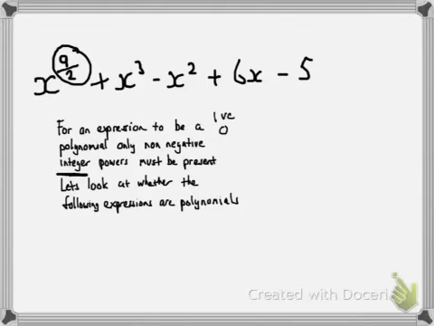Now we can have 5 because 5's there by itself, but remember that negative 5 could be negative 5x to the power of 0. So that's where our non-negative comes in, because 0 is a non-negative number. So the negative 5 was no problem. That didn't stop it from being a polynomial. What stopped it from being a polynomial was the fraction 9 on 2,